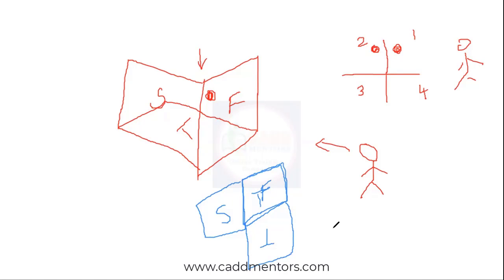So we can't rotate anti-clockwise. We need to rotate in the clockwise direction so that the same view you have seen will be obtained. But the problem now is that you already have a front view and your top view is getting overlapped with the front view. So this is the reason why we won't follow second angle of projection. And the same reason holds good for fourth angle of projection.